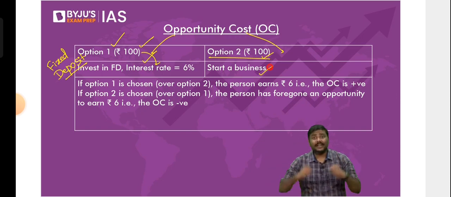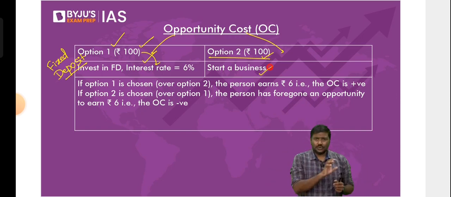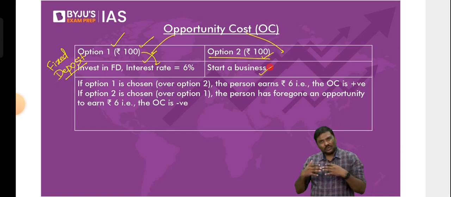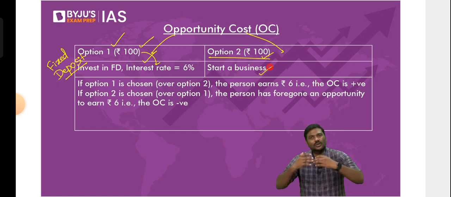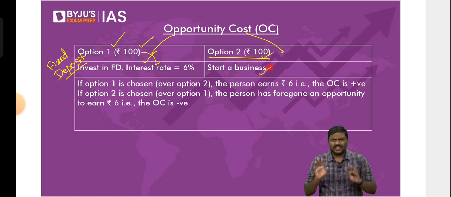So which is better? Entirely dependent on your choice. I can understand. Entirely dependent on you. There is no fixed answer. There is no correct answer here. Some of you simply say, sir, I don't want to take a risk by starting a business. I don't know whether I'm going to earn or not. I don't want to waste my 100 rupees. Fixed deposit is a very safe investment for me, because there is no risk there. I will keep the 100 rupees, and after 1 year, I simply get the interest.